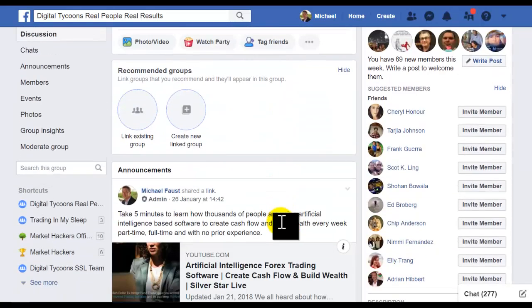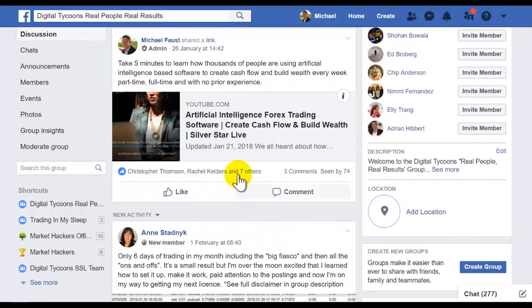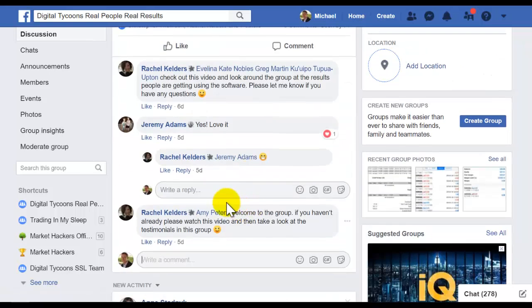So that's the first bit, which is add. Now I can actually tag that person. So I would tag them, for example, in the 5-minute video and leave a comment.